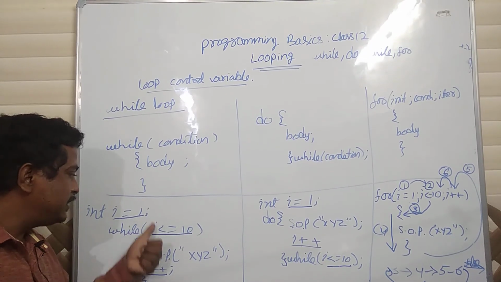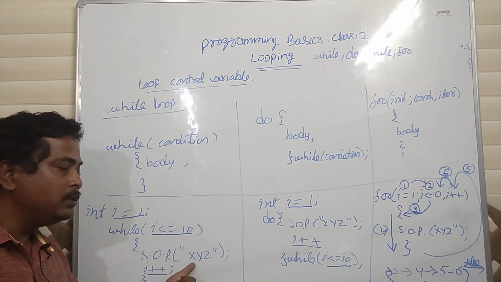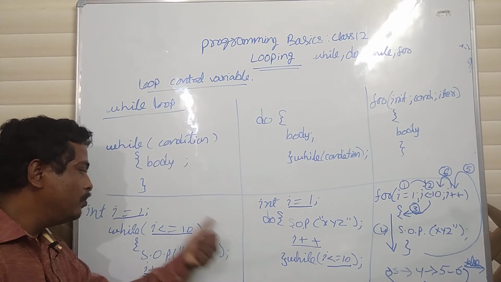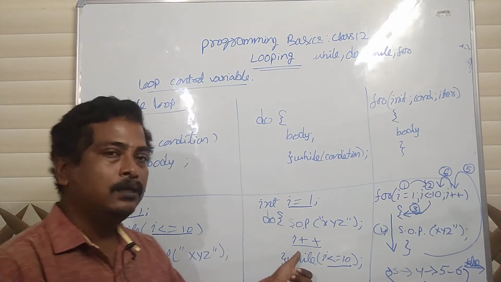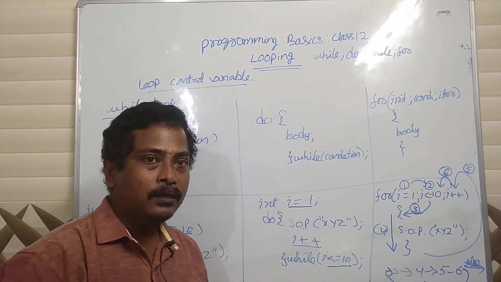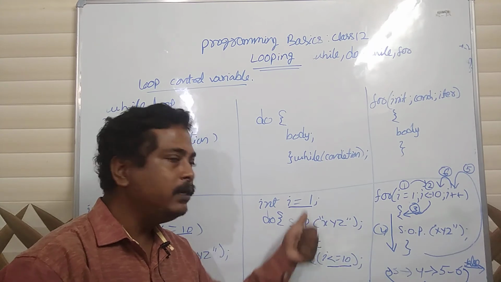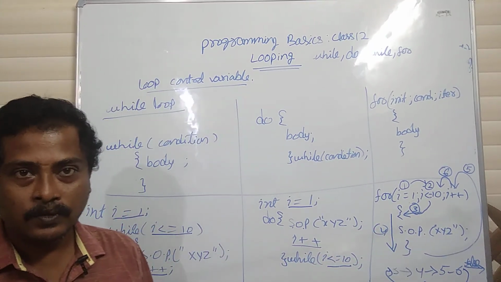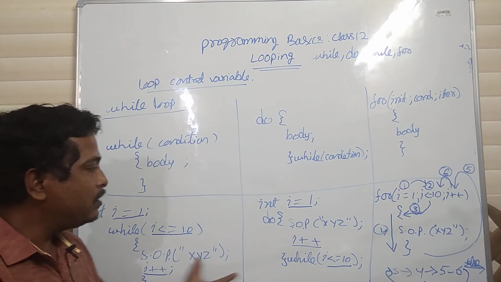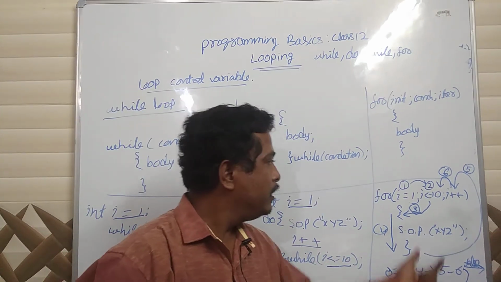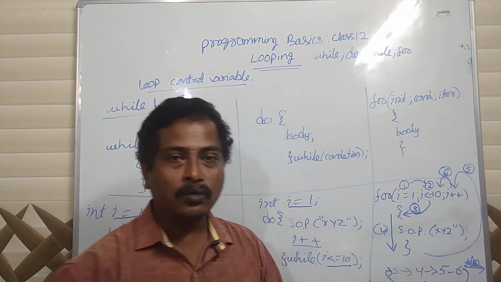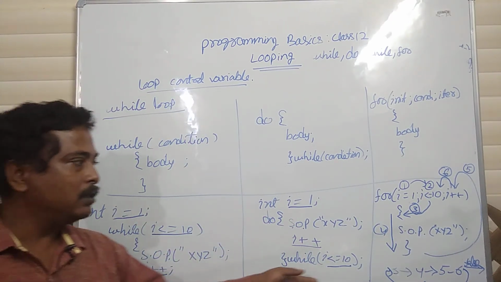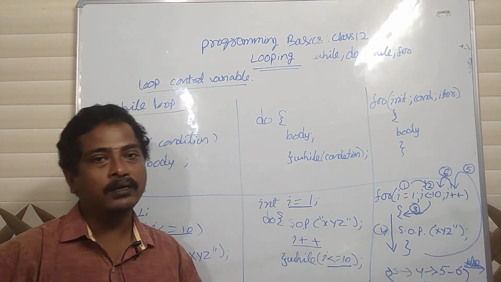Why? Because each time the condition is true, it is printing, and i will not be incremented. One print, one print, one print. Here also it is the same. You can remove the iteration part, but it will be an infinite loop. Whatever rule is there, it is for all. You can omit the condition, there is no hard and fast rule. Here also if you omit the condition, it will be true, and it will run.